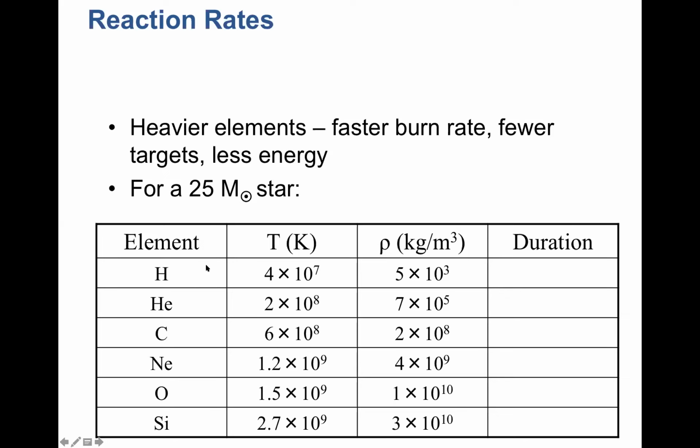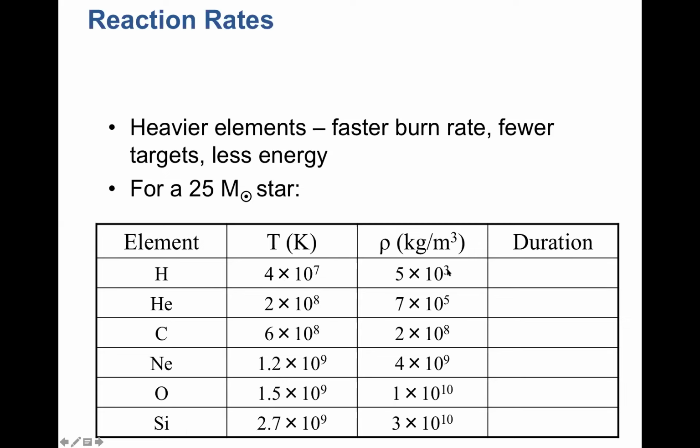So, for instance, hydrogen burning happens at about 40 million Kelvin, 4 times 10 to the 7 Kelvin. Remember, the sun has an internal temperature of about 10 million Kelvin. So this is about 4 times hotter than the sun is, even at the same stage where it's burning hydrogen and helium. Obviously, each successive element that you burn is at a much higher temperature. So 200 million Kelvin for helium, 600 million Kelvin for carbon for this particular star, 1.2 billion Kelvin for neon, over 2 billion Kelvin by the time you get down to the silicon.